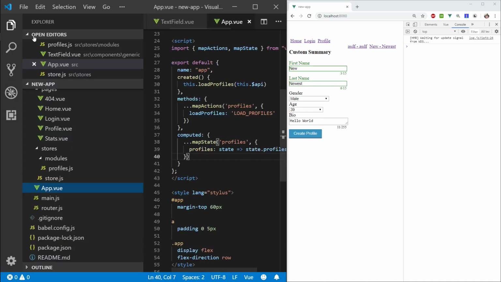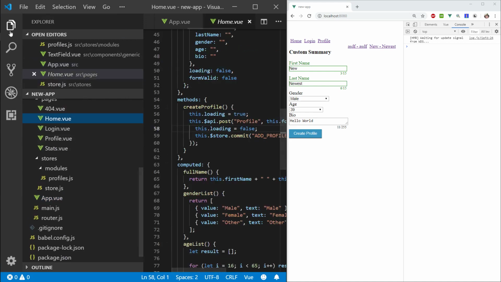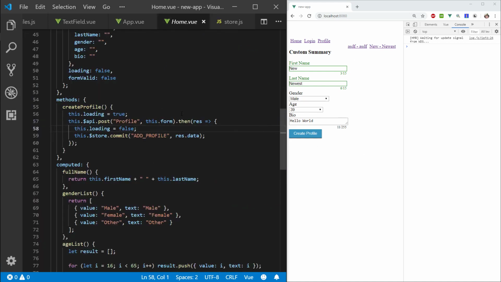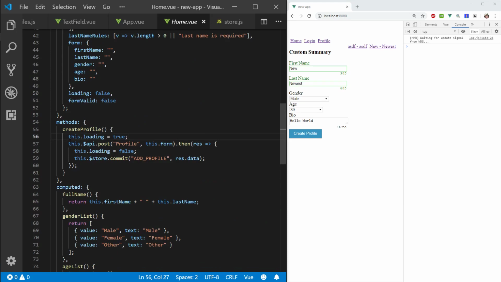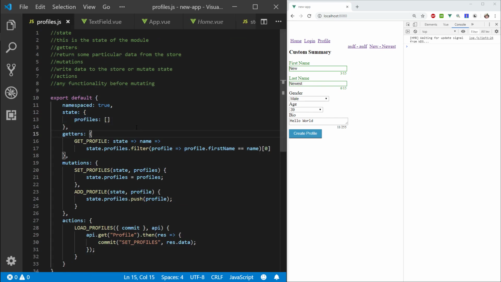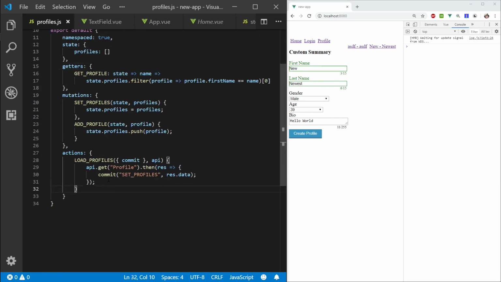Let's go ahead into our home. Actually, I forgot that we have some access to our Vuex here, and you can see here that we have this action here. Now, you see how we're posting to the API and then we're committing to our store. What we can do is just move this action along into our store here. So let's go ahead and say createProfile,